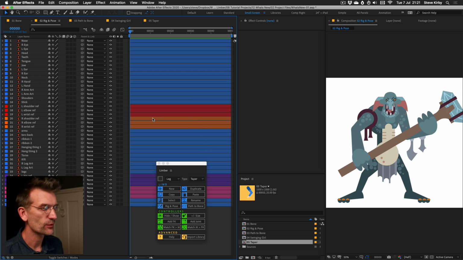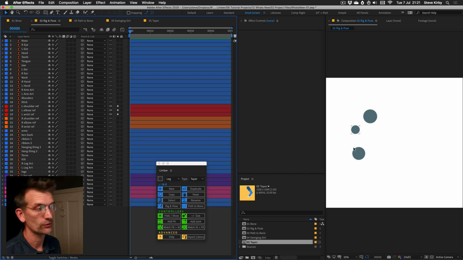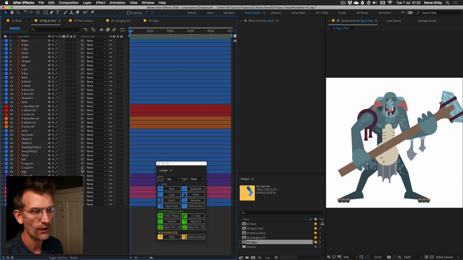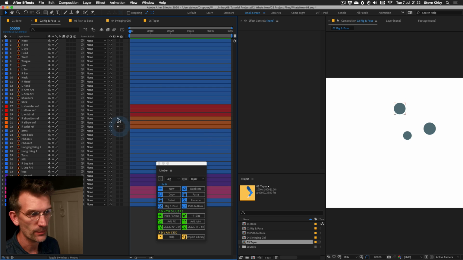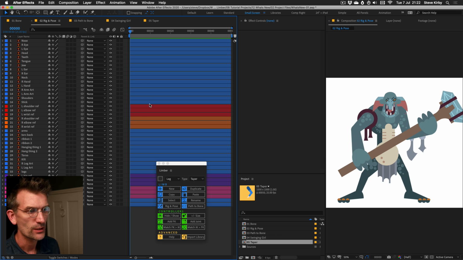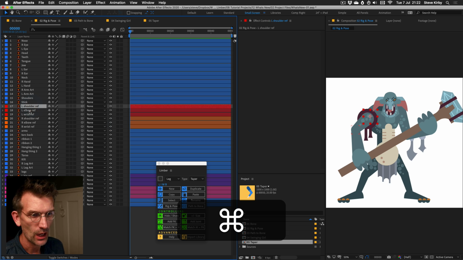And in many cases, if you're designing a character with that in mind in Illustrator, then there's a new way here to speed up the rigging process, in that you could use three circle layers like this to set the properties of a limb. So obviously I've designed this character in Illustrator. I've got all these Illustrator layers here. Nothing's rigged up or anything like that, but I've included a bunch of circle layers at the positions of my four limbs. So if I select these three, starting with the shoulder or hip and then going down to the